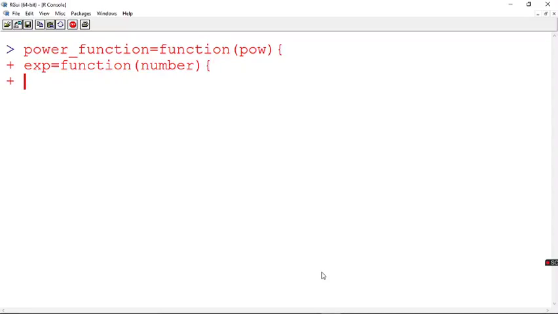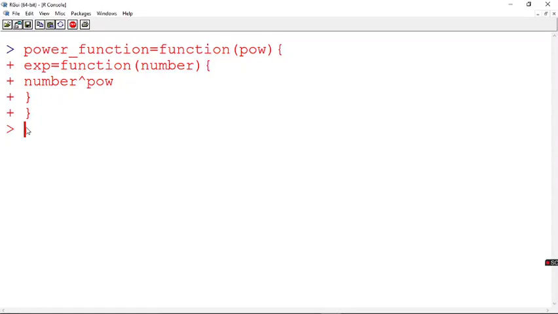So what I am doing here: whatever I give as number has to be taken as the base, and whatever is given in the power has to go to the power. That is what I want. So I say number and I say here power. Fine. And I end my function. See, now I have created two functions. One function is the power function, the other one is exp. So this exp is going to get the input called number, and that is going to be considered as the base, and this power function is going to get the power and it is going to substitute here, and you are going to get the answer. Now let's see what this actually is.